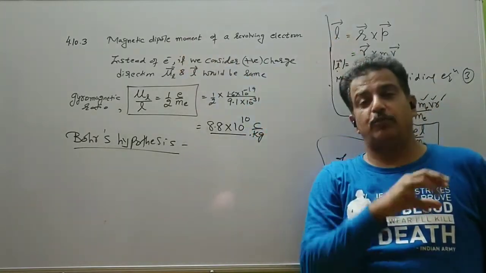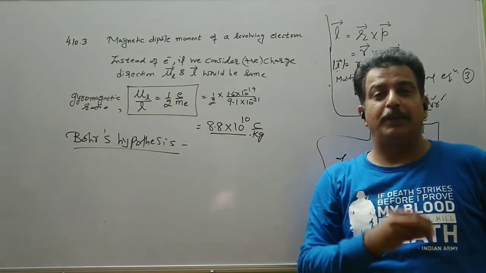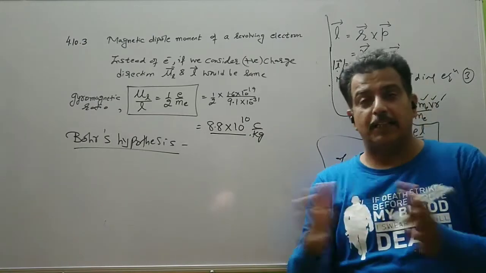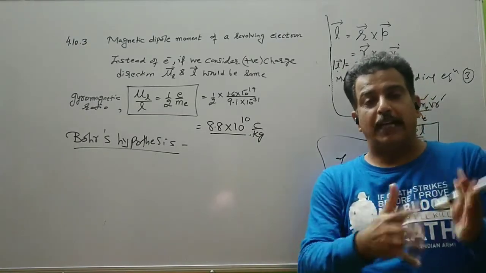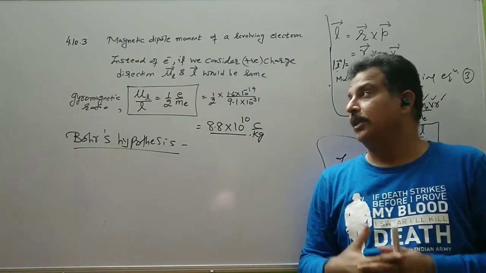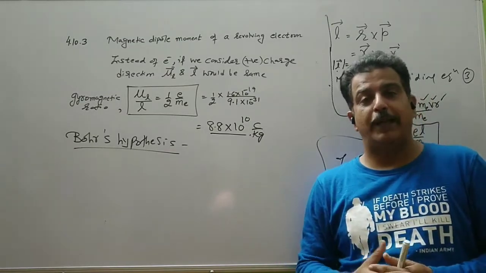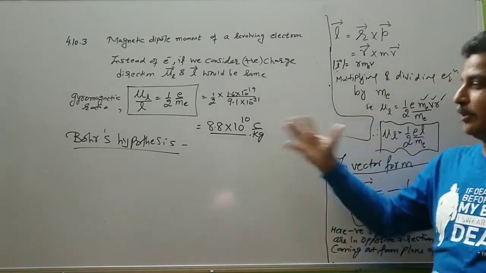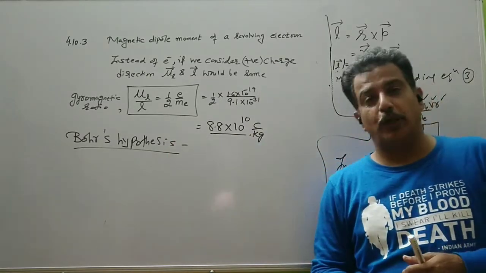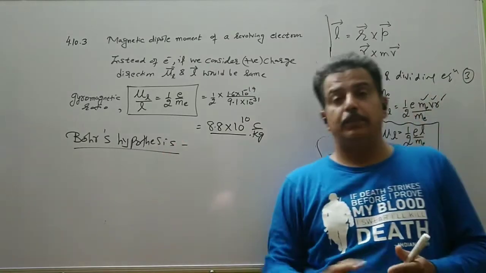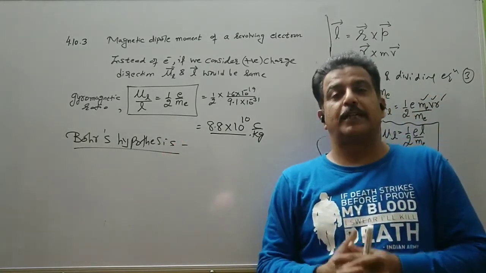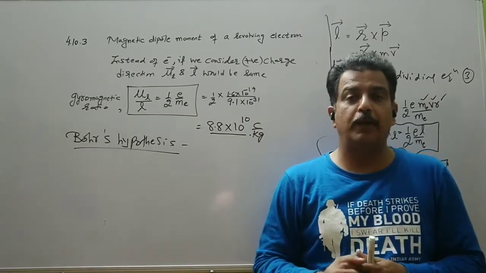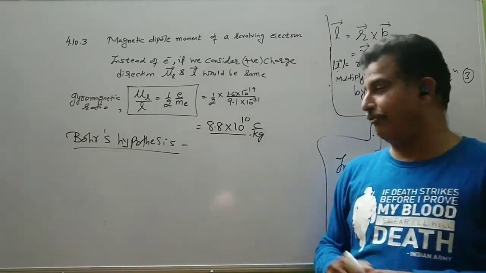So Ampere successfully explained the atomic magnetic dipole moment, and based on that theory we can classify materials into dia, para and ferromagnetic, and find which material shows a magnetic property. That we will deal with in the coming chapter. Now let us come to the Bohr hypothesis. What was the Bohr hypothesis? According to him, when electrons are revolving in an orbit, they assume angular momentum of discrete sets of values.